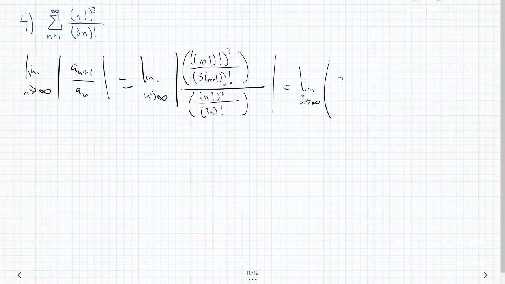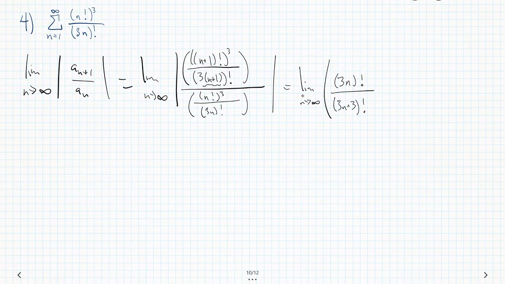We can write 3n factorial, but down below we're going to need a 3n plus 3, because this n plus 1 times 3 we have to distribute. So this is 3n plus 3 factorial, not 3n plus 1 factorial. Make sure you're aware of that because of that quantity there. So now on the other case,